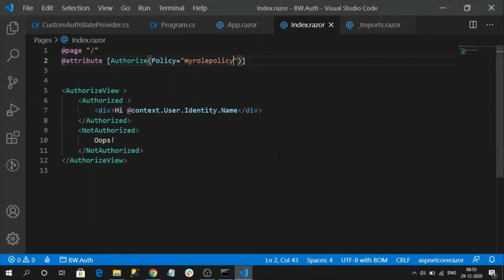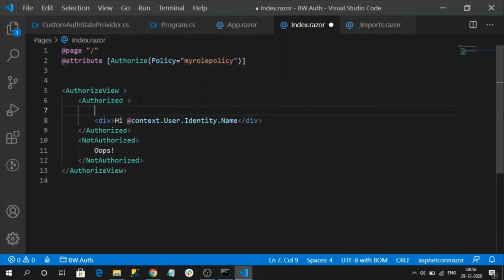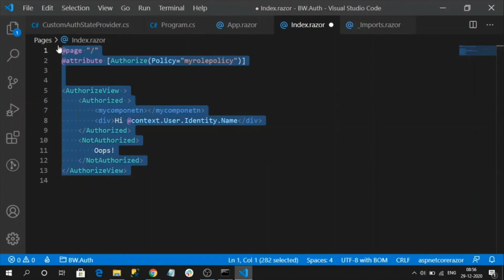So up to now we have understood different role techniques to protect a page as well as the authorized component. I want to mention that when you use this authorized attribute, if you have some child component here, like my component, it won't authorize the child components. It is only for protecting the entire index.razor component itself.